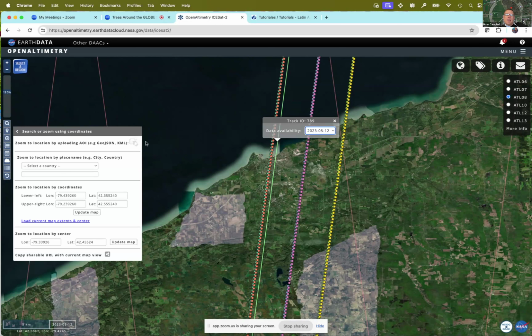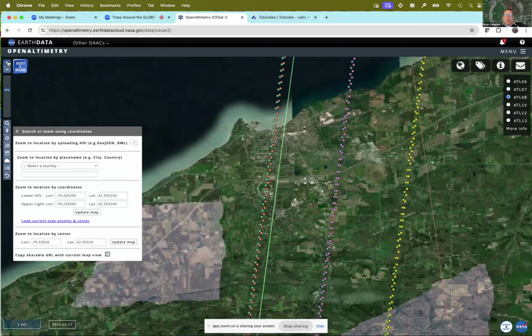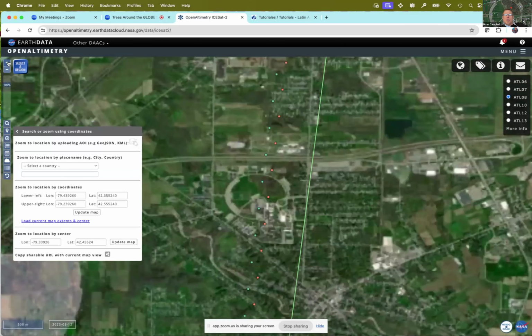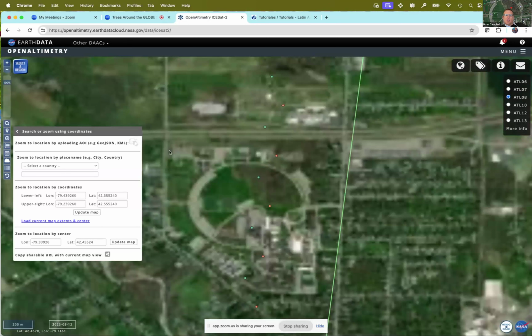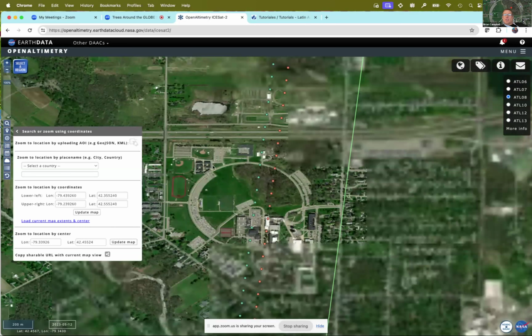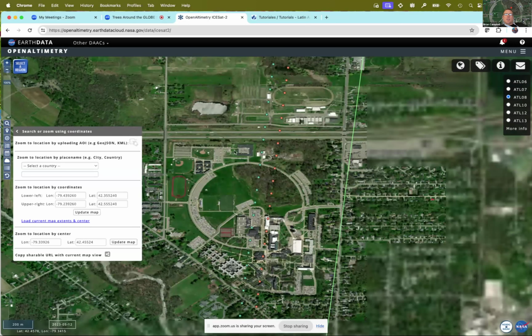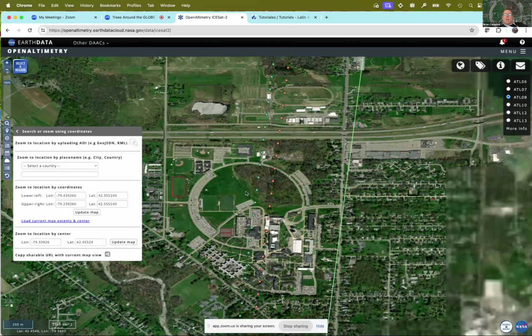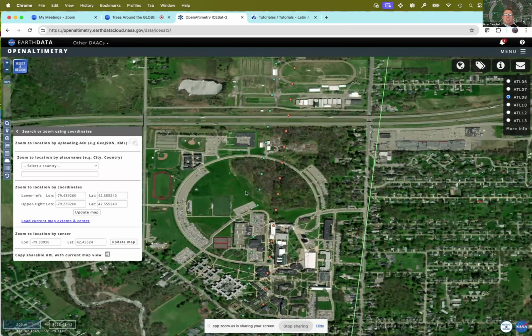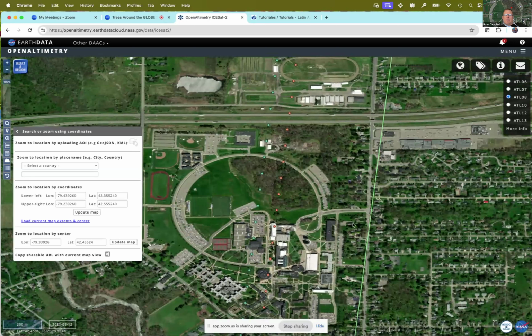But I'm going to zoom in here just to see. We're just going to keep zooming in to where these photons run straight through Fredonia, SUNY Fredonia. Sorry, it'll render, it takes a second because it's pulling up a lot of data. But as you can see, as Peter mentioned, and I'll pause for a second, then Peter, if you want to mention anything about this in a second, but here is where we're going to be having the GLOBE Annual Meeting.